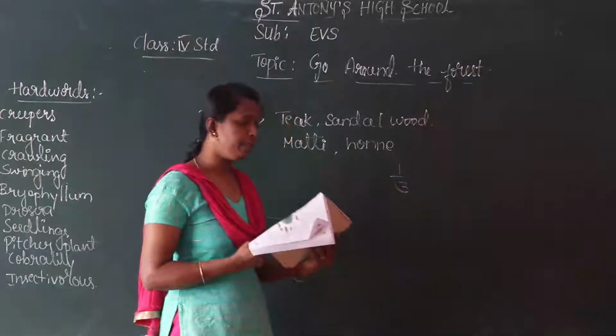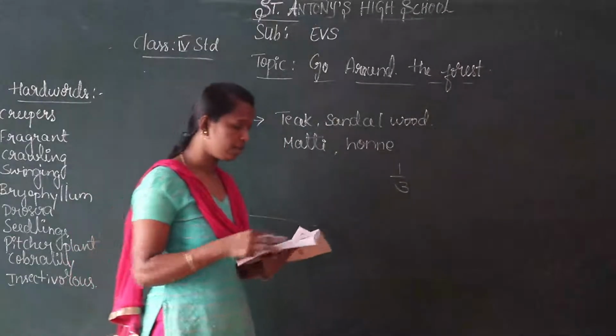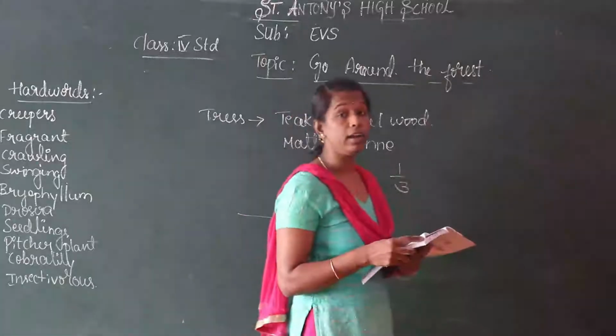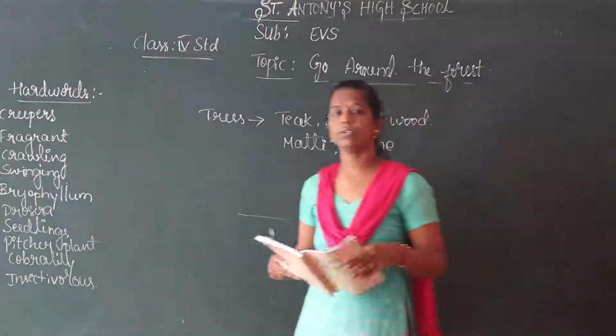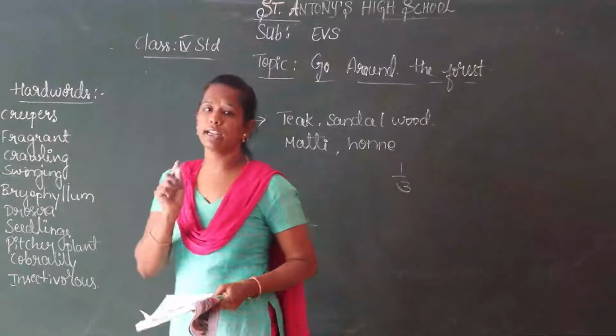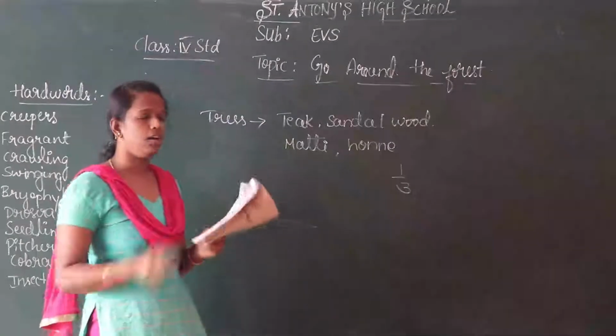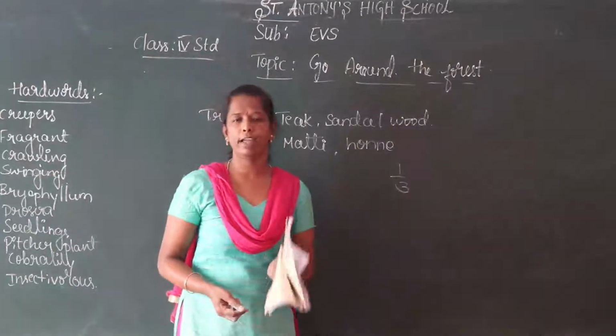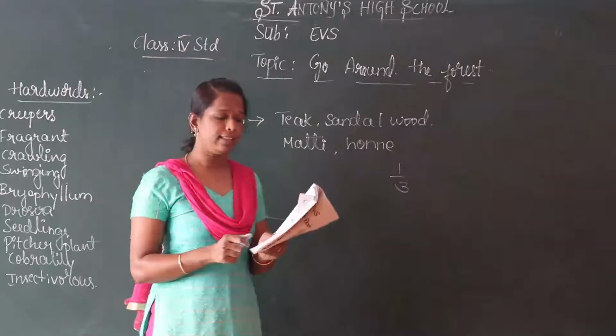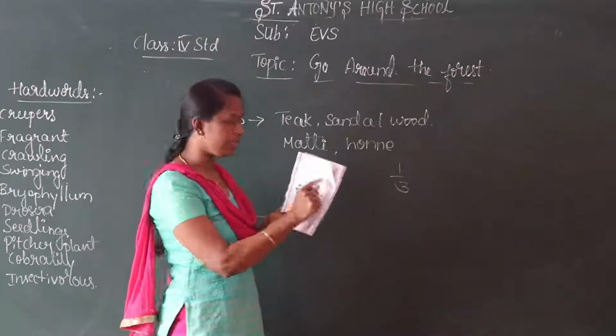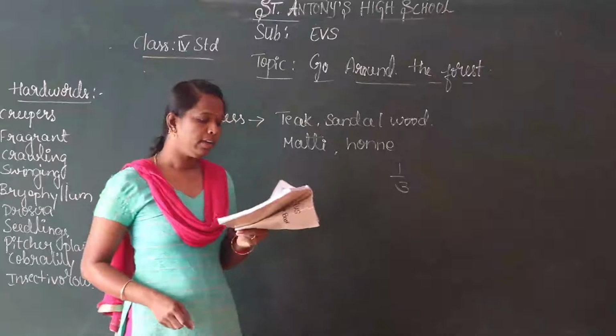Page number 22. Make a list of fruits which are available and grown in your surroundings. So you have to write at least 10 fruits in this column. You know the fruit names: papaya, jackfruit, apple, orange, like that. You have to write 10 fruits in this column. And also here some